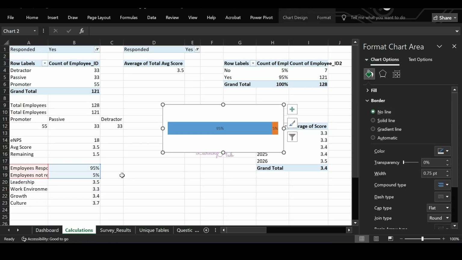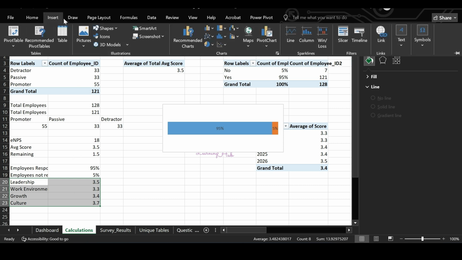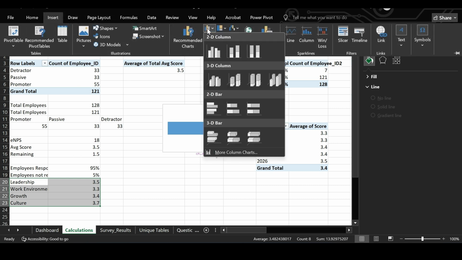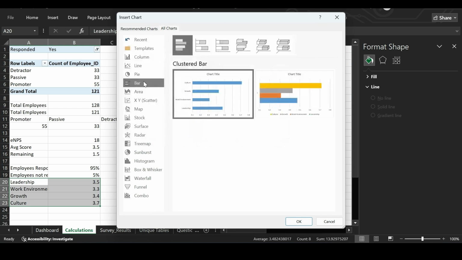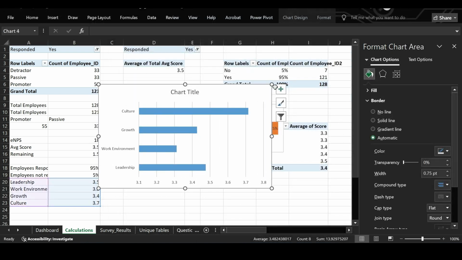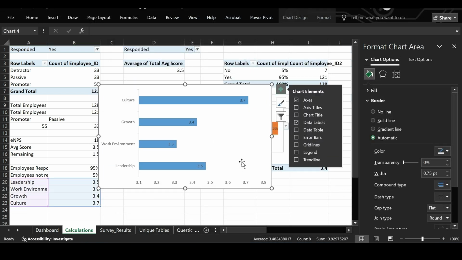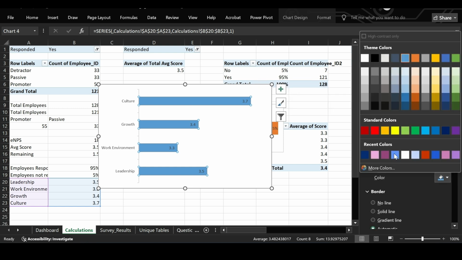Let's make the next chart. Select average scores across different categories. Insert, more column charts, bar chart, select a clustered bar chart. Selecting the color as per our palette.